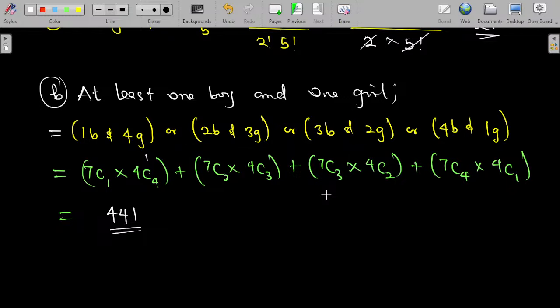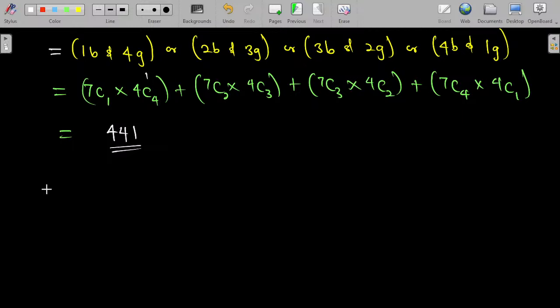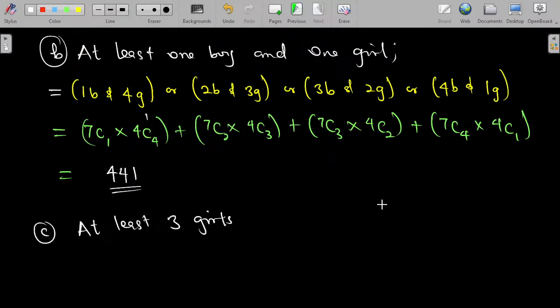Okay, so we move over to number 12C. The question says, what if the team has at least 3 girls? At least 3 girls. And you can come up here and see, that's the beauty of this thing. You can come up here and look at the possibilities where you had at least 3 girls. And what are the possibilities? At least means it can be 3 or above 3. So here you will see,